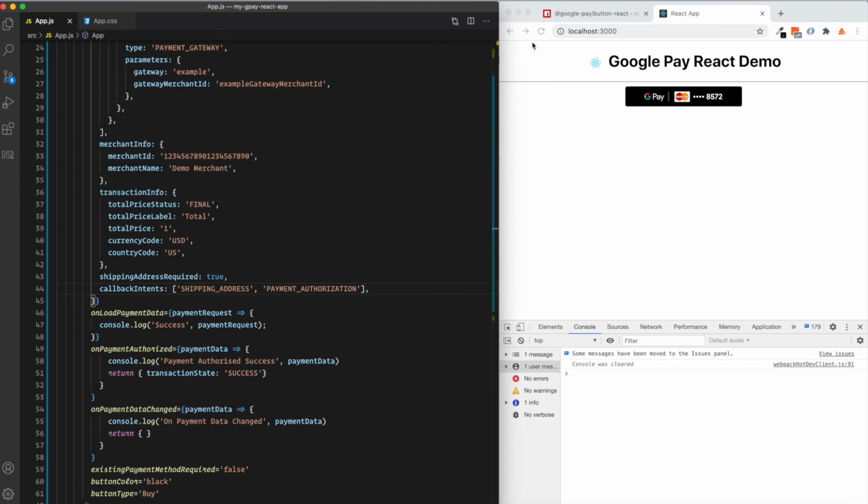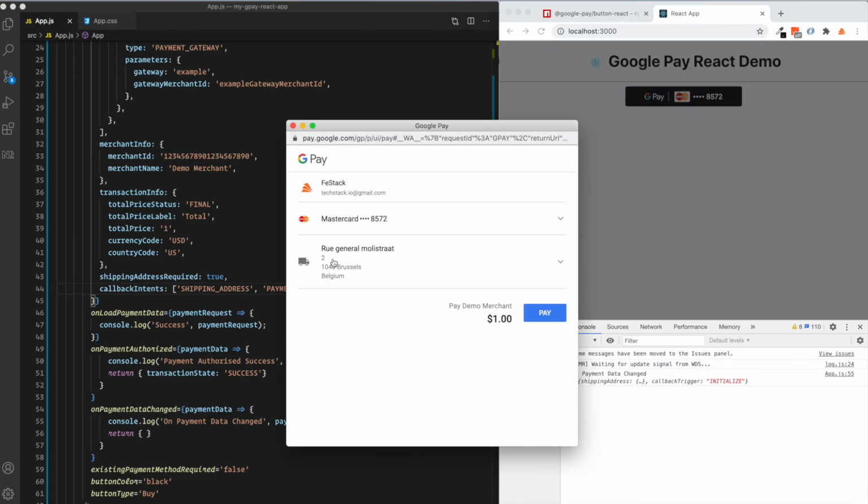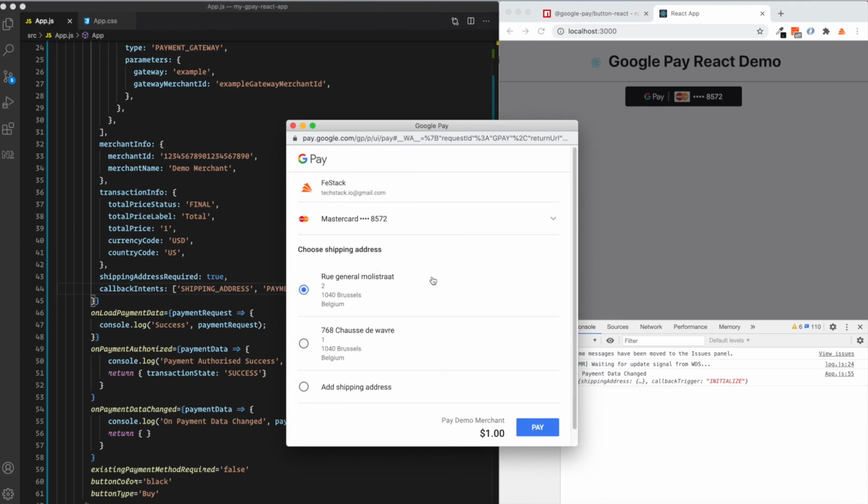Let me quickly refresh this. So let me quickly click on this. So as you see, the available addresses, or you can add another shipping address. As soon as this data changes, this onPaymentDataChanged method will be invoked.